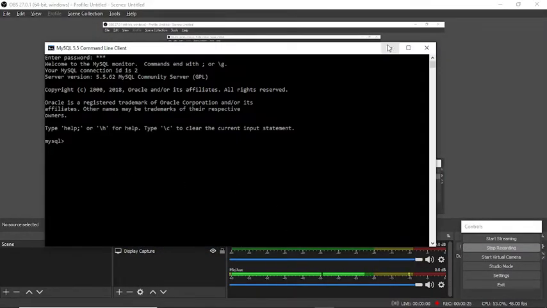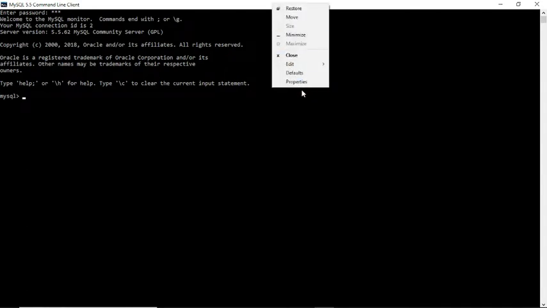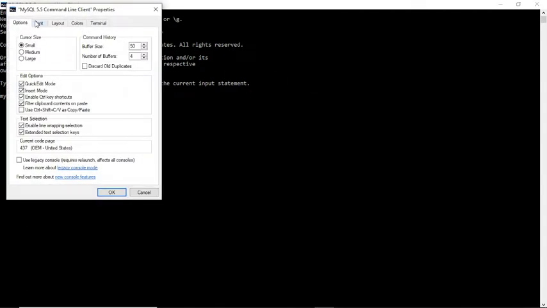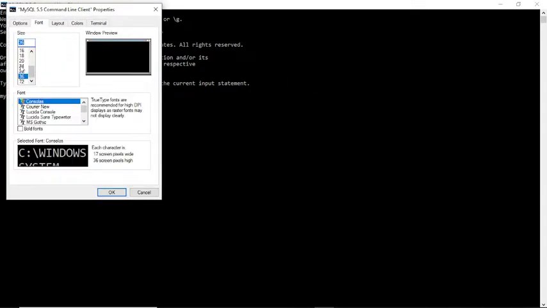Class 12th, good morning. Today we are going to see in summary how we will work in a database once again. We will see how we work in the database. For the database we all know we need to work on MySQL. So we will work on MySQL. Come here, this is MySQL. Let me increase the font size.